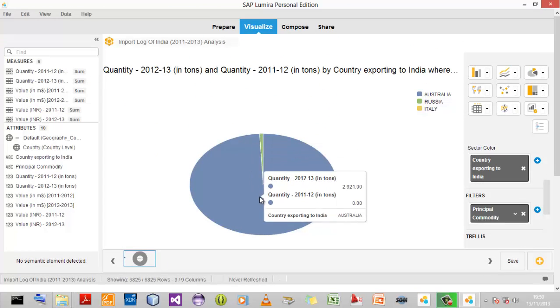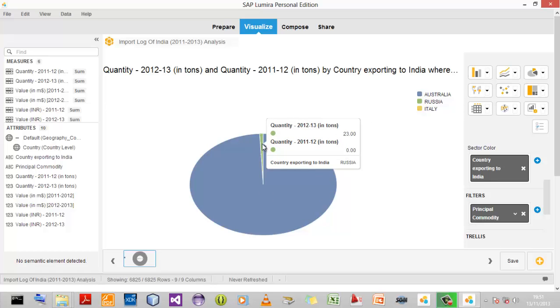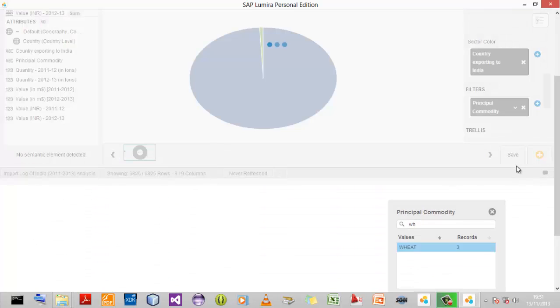See, Australia. In Australia, the quantity of wheat we imported was 2,921 tons, and in the same financial year, we imported 23 tons of wheat from Russia. This is how it works. So let us save this visualization,